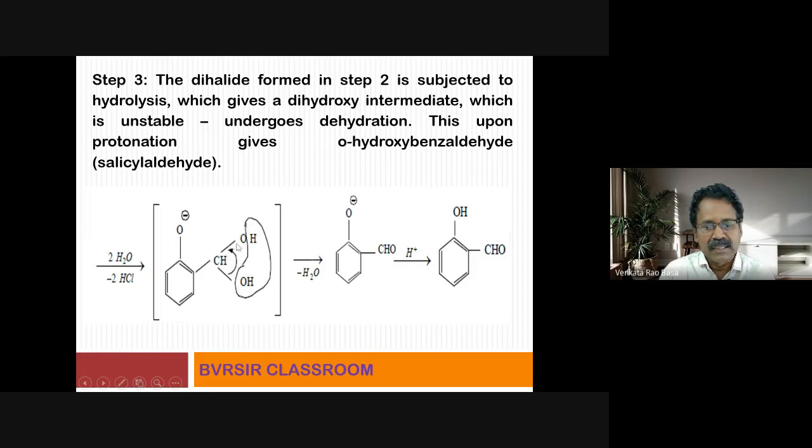Originally here there was one Cl and here another Cl. Those two Cls were replaced by OH groups due to hydrolysis, that is, reaction with water under appropriate conditions. Now I am saying that this group is unstable. Why is this group unstable? Students, always remember, whenever there is more than one OH group attached to the same carbon, that is an unstable group. So one OH group should be attached to one carbon.